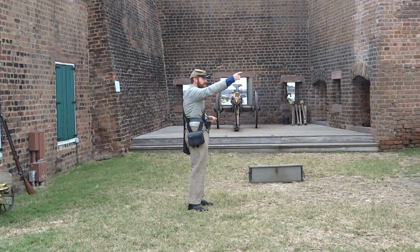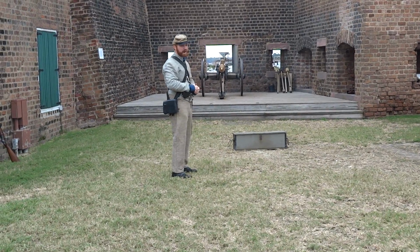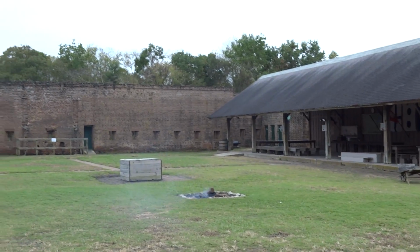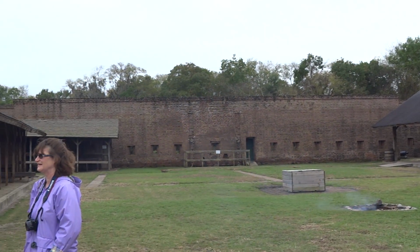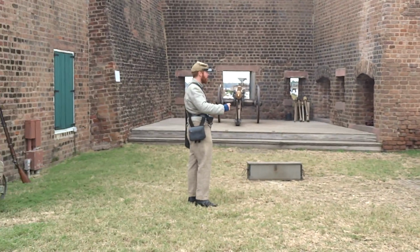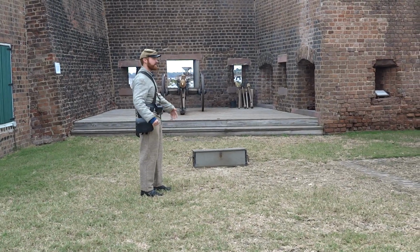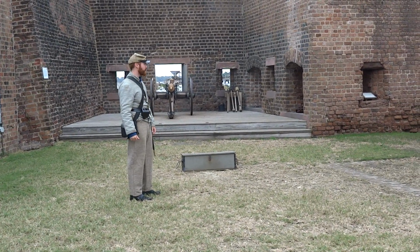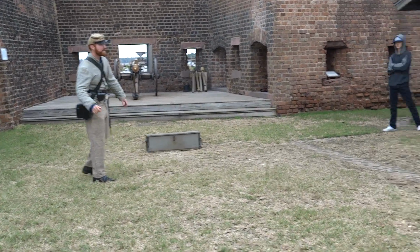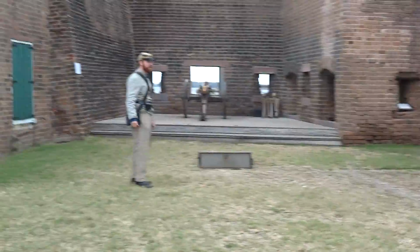You guys see those trees out there? That today is still swamp. What's the problem with living in the middle of the swamp? What's wrong with the mosquitoes? Malaria. Malaria is the number one cause of death here at this fort. And in 1812, we sat here and we fought mosquitoes, and guess who won? Mosquitoes. So this fort is abandoned for a little while, and Fort Pulaski down here, the Big Brick Fort, was